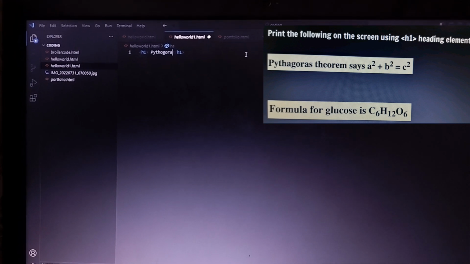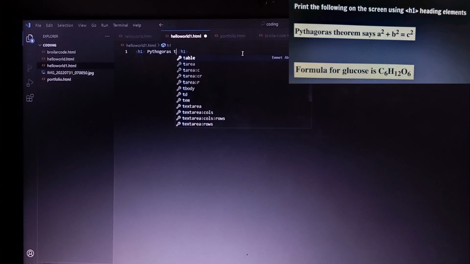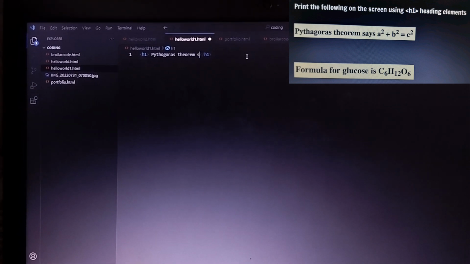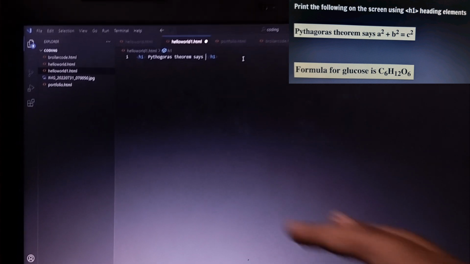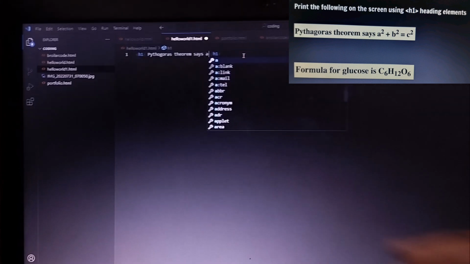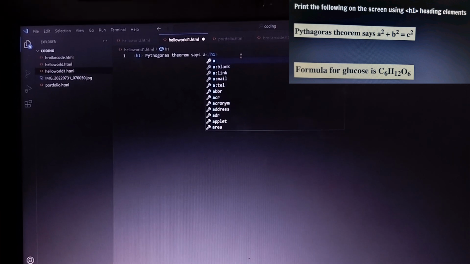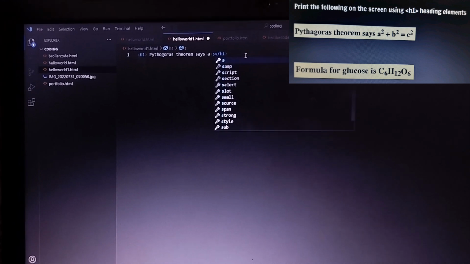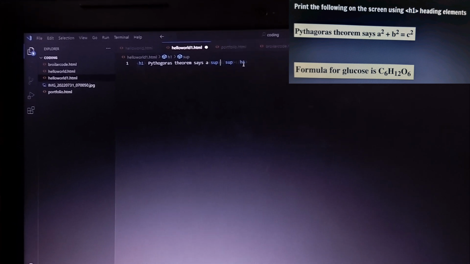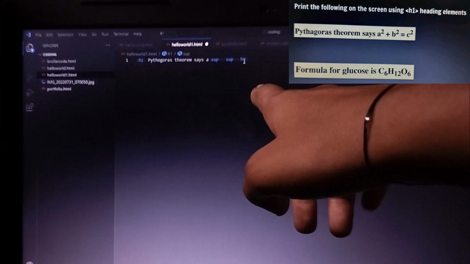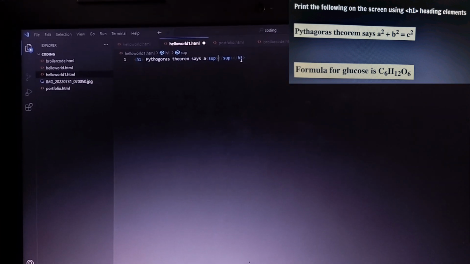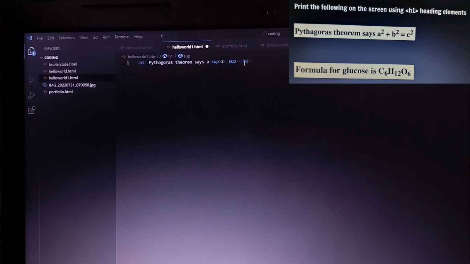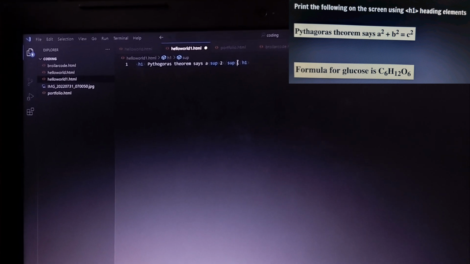Pythagoras theorem says a, and a के बाद we have to add superscript. So we'll be using the tag sup, and closing tag भी हमारे पास आ गया है. So we have to add 2 in the superscript, and then we have to come over here and is equal to